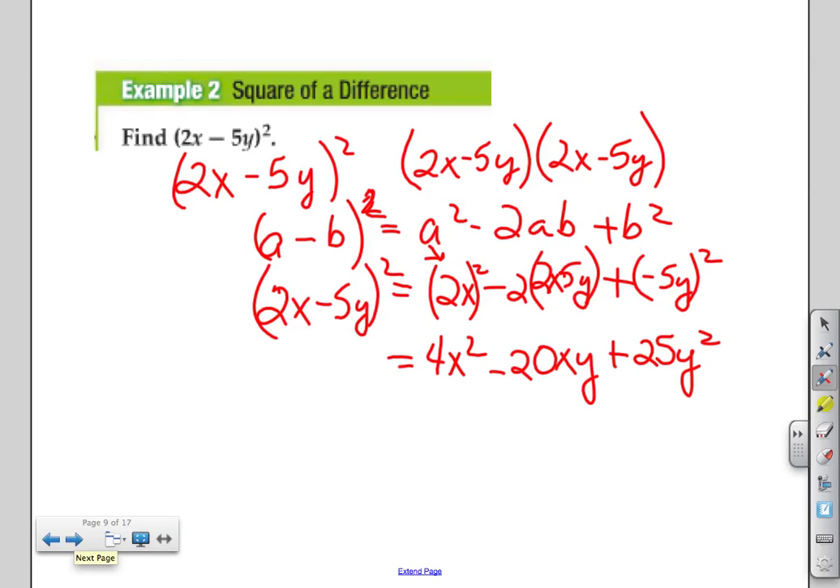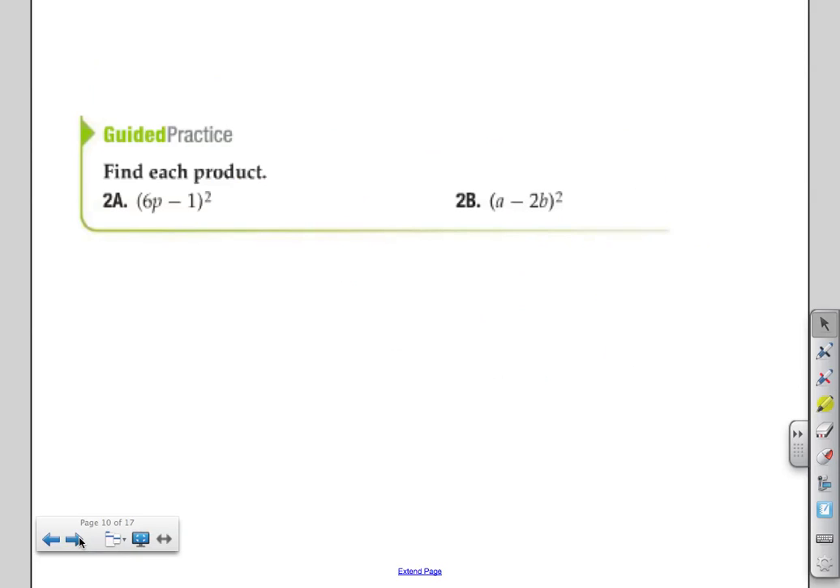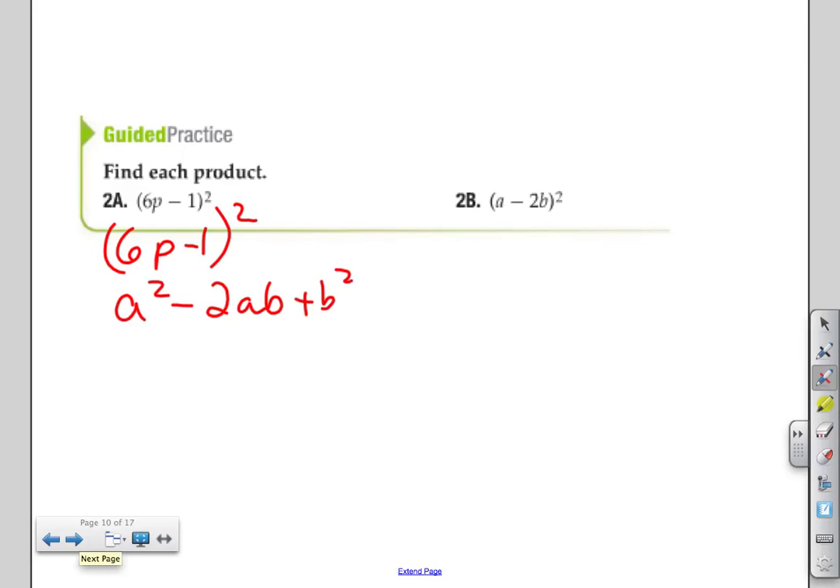Let's see if we have another one maybe we could do. Well, here are two for you guys to do. So you're going to take 6p minus 1. And why don't you go ahead and do it this way? A squared minus 2ab plus b squared, and substitute in what we know. So if this is a minus b squared, take your a squared, which will be 6p